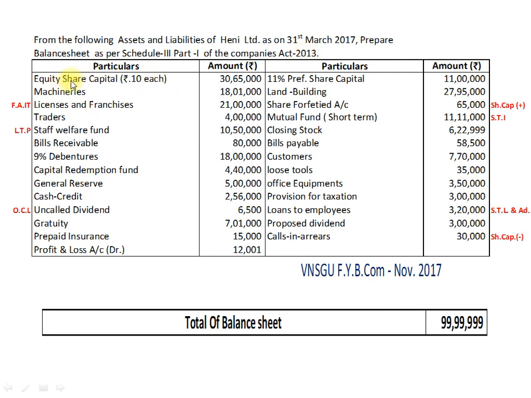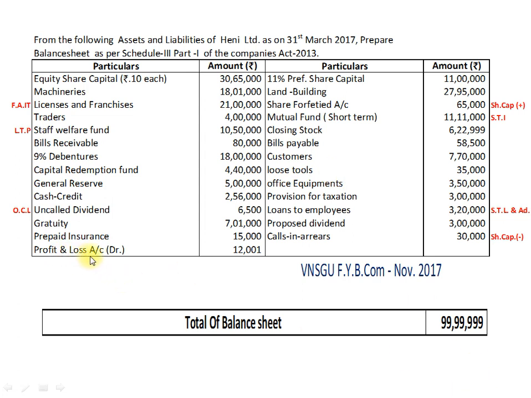Particulars on debit left hand side: equity share capital of rupees 10 each, machineries, license and franchisees, traders, staff welfare fund, bills receivables, 9% debentures, capital redemption fund, general reserve, cash credit, uncalled dividend, gratuity, prepaid insurance, profit and loss account debit balance, 11% preference share capital, land and building, share forfeited account, share